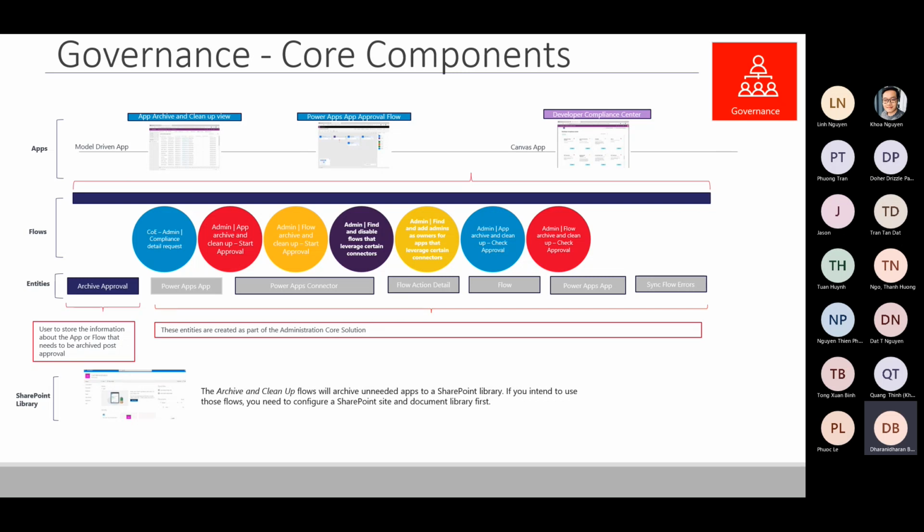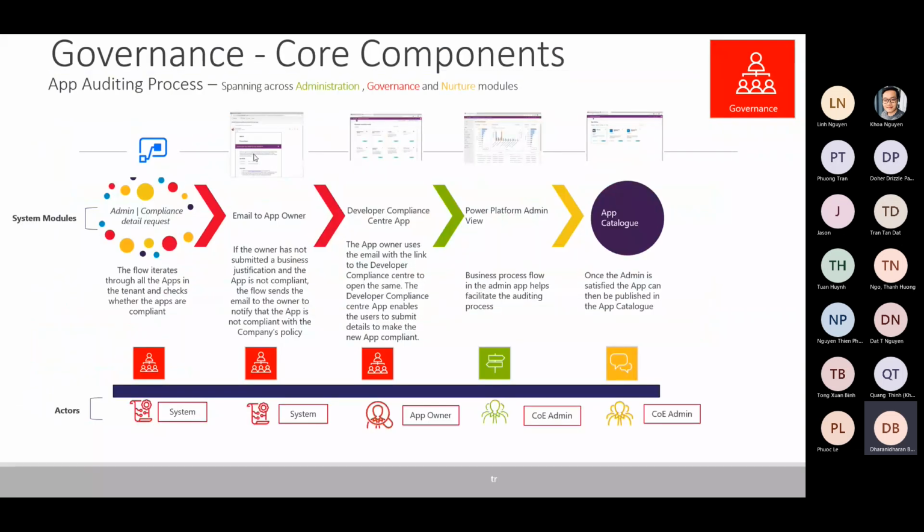If you go there, it will show the health status, whether it is green, red, or in a warning state. All those details are there, and based on that the admin can reach out to the app owner and ask for the business justification of why this app is not compliant, and based on that he will be able to take care of the